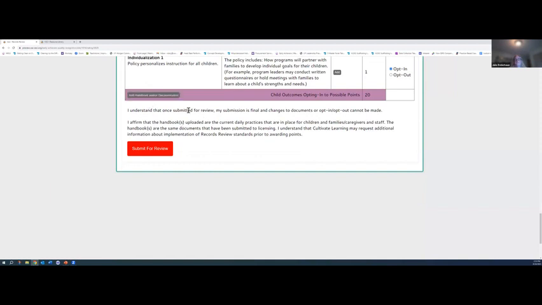Now they have this big submit for review button down here. They do have to affirm that the handbooks uploaded are their current daily practices in place, and that they understand that once everything's submitted for review, their submission is final and they cannot make changes to opt-ins or opt-outs or the documentation.